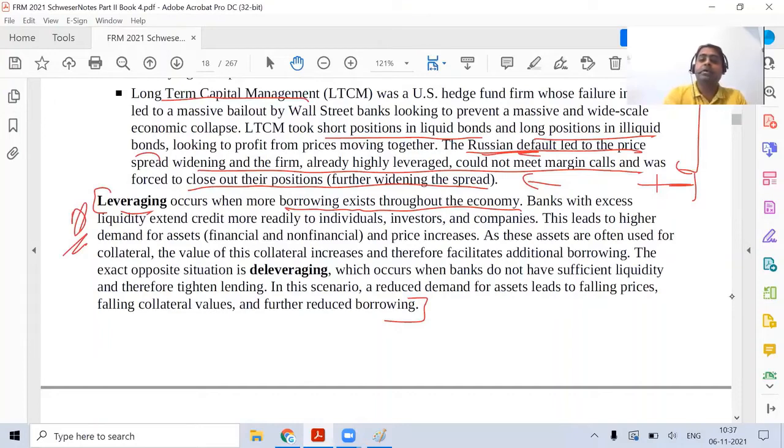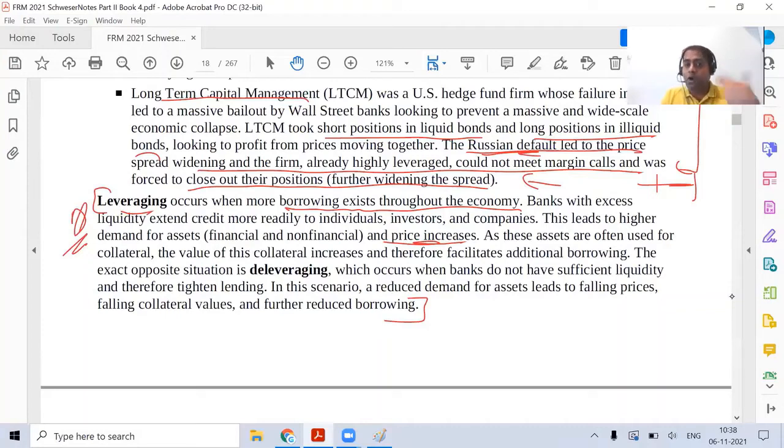And when this happens, over a period of time, to curb inflation, the government will increase the rate of interest. That is a different point. But what they're highlighting is that when there is high leverage in the economy, the prices are increasing. Now, if you have given an asset as collateral, think logically, the value of that collateral is going to increase. That means you can use that collateral to cover more margin calls or losses. Or else think about this: suppose you have given collateral and raised money, and now the value of the collateral is increasing, you can raise additional money using the same collateral because there is high leverage and the prices are increasing.